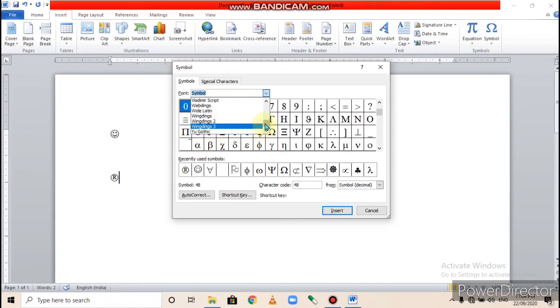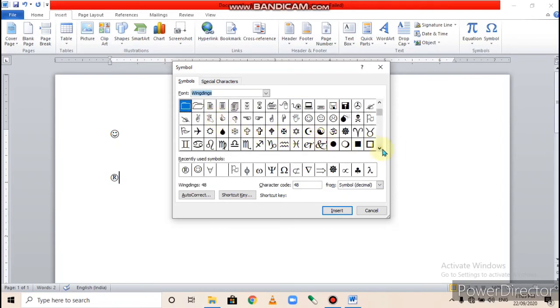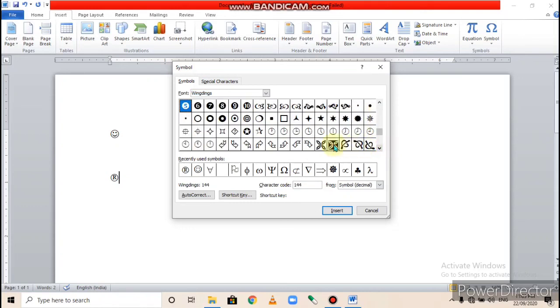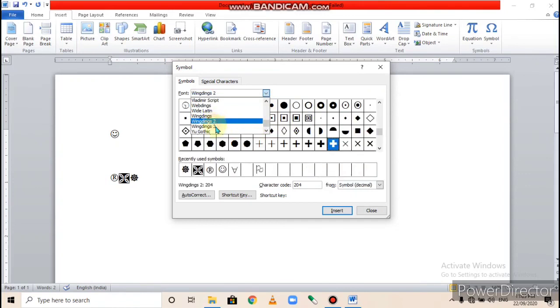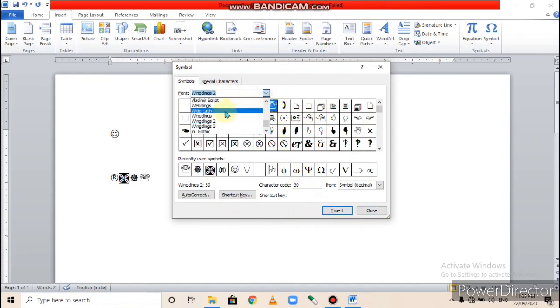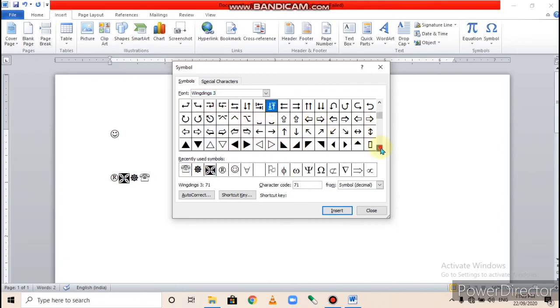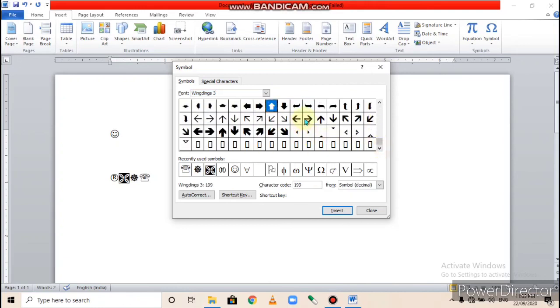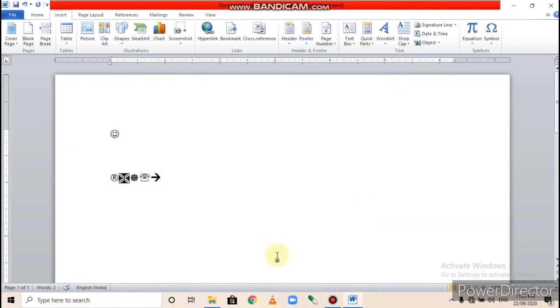Most of the symbols are present in these font styles. Understood?